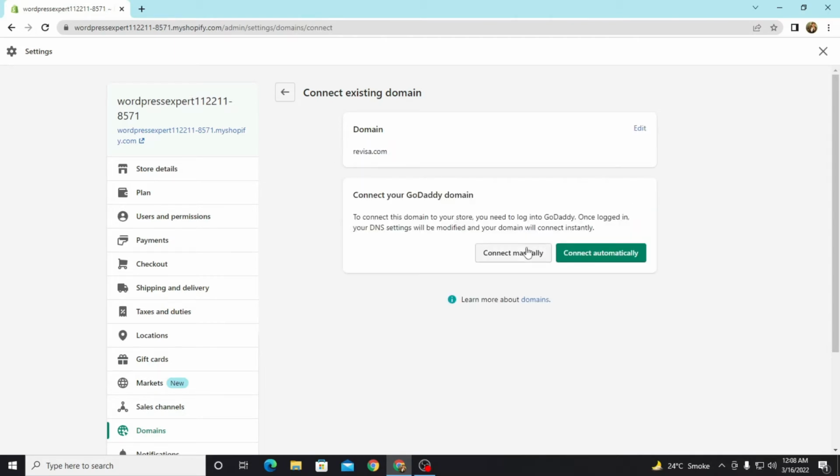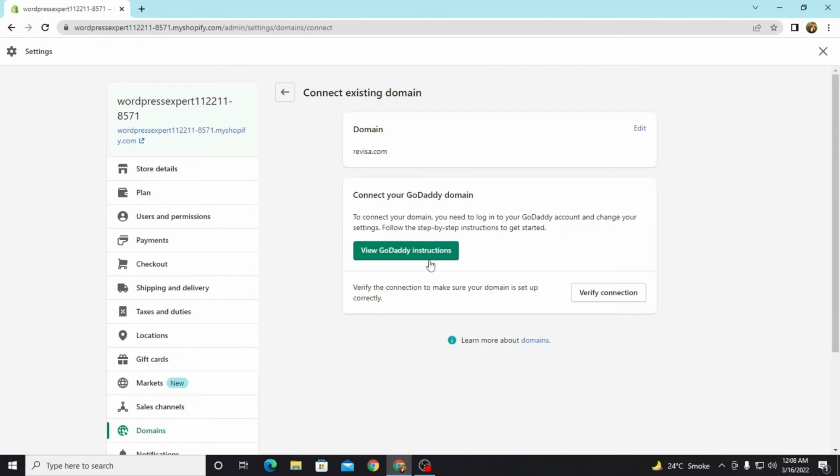After that I have the option to connect automatically or connect manually. If you have admin login of that domain hosting account like GoDaddy or Namecheap, if you have the admin or owner account, you can just click on connect automatically and proceed. If you don't have it, then just click on connect manually. After that you have to just set up DNS settings